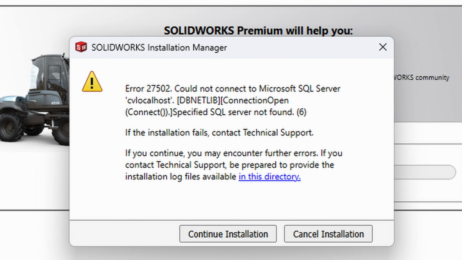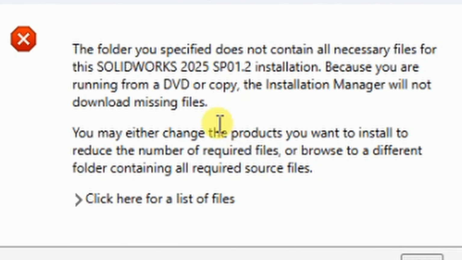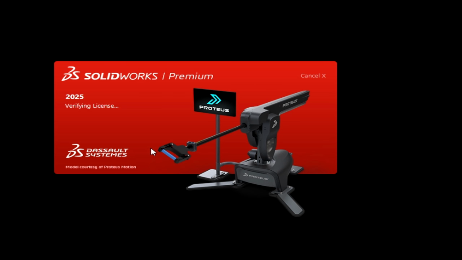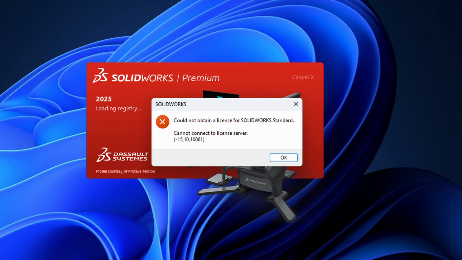Are you stuck with annoying SolidWorks license errors that just won't go away? You've reinstalled, rebooted, followed every basic tutorial, and yet that "license not found" message still haunts you? Don't worry. This video dives deep into advanced level troubleshooting, going beyond the usual fixes. If you've been struggling with persistent installation or licensing issues, you're about to learn how to solve them once and